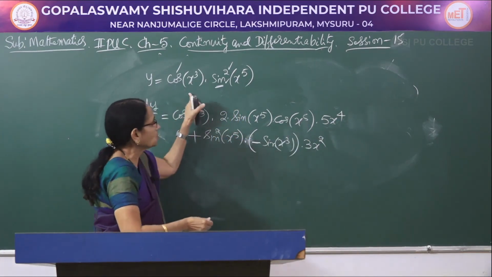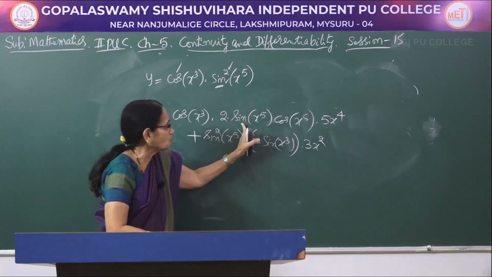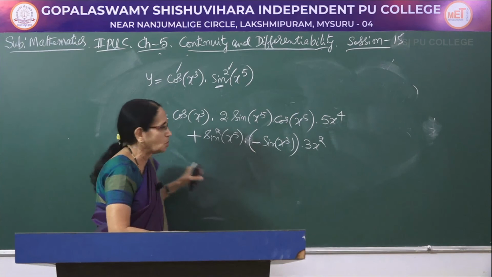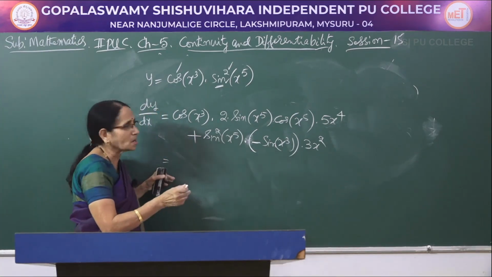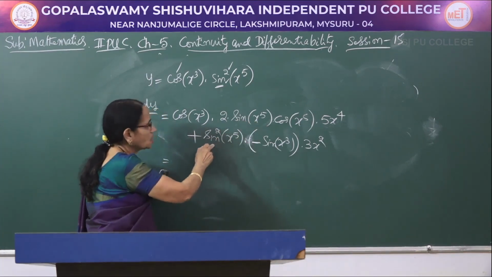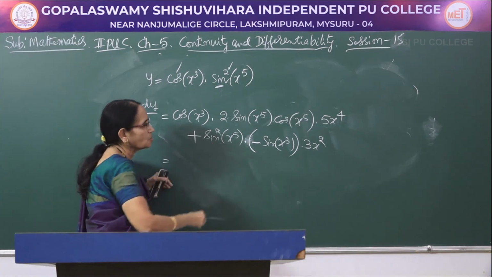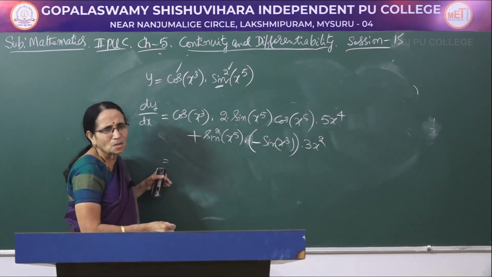Okay. So, here it is only two functions. So, two derivatives. Three functions, three derivatives. 1, 2 and 3. Here 1 and 2. So, let me write it, no simplification here. Of course, you can take a common factor. Sin x to the power 5 is here and there. Only that can be taken as a common factor, and x square can be taken as a common factor, but not required.